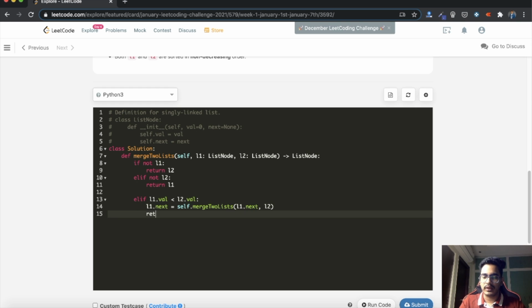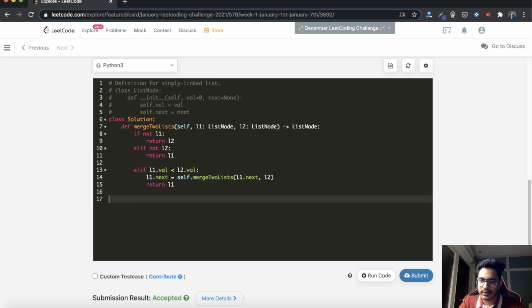So next we'll be returning L1. Why are we returning L1? Because by the time this 14th line is executed, L1's right side values are already merged as well as sorted. So that's why we will be returning L1 directly.